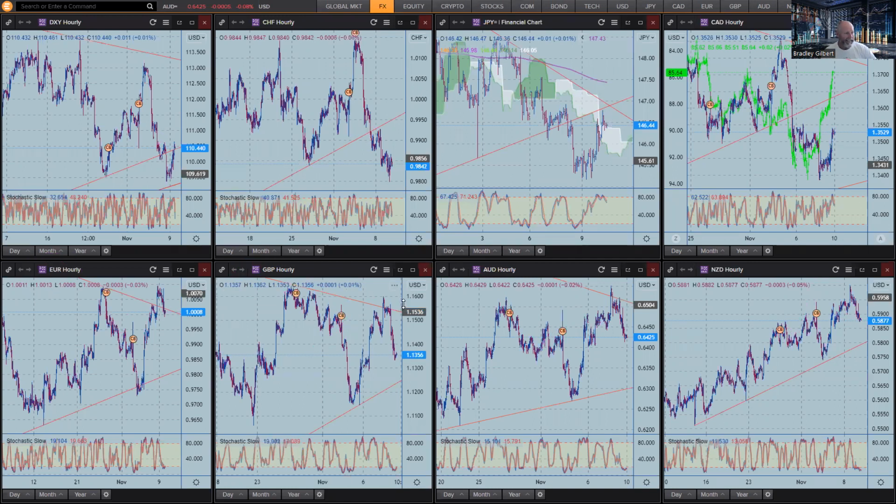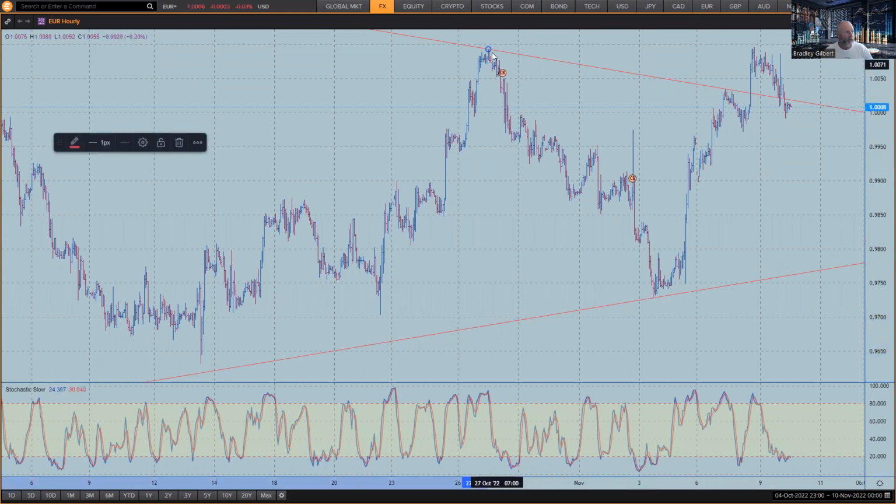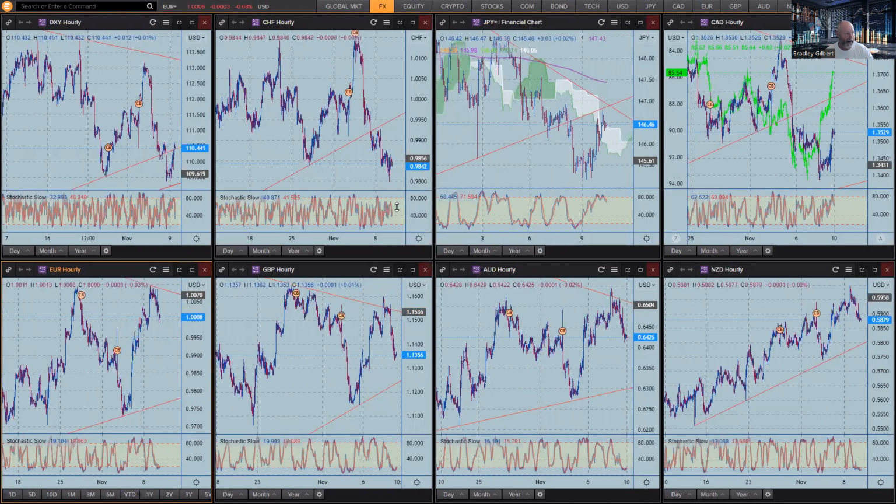Work out where the best technical setups are, and that's where the answers will be, right? So the best thing you can do leading up to the numbers is plan out what you expect. If I can just get that trend line on there. What you expect to happen on a strong number, what you expect to happen on a weak number. Now, it's very hard to anticipate both sides of the market. So work out where, for you, the easiest trade is to execute, whether you're trading live or using pending orders.